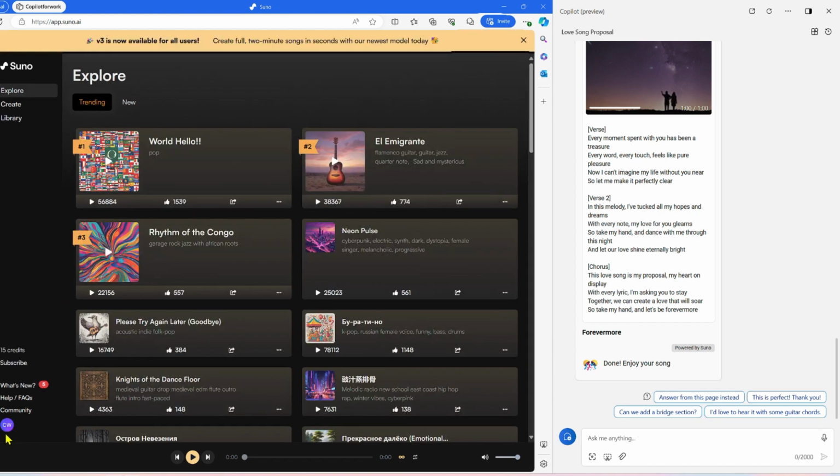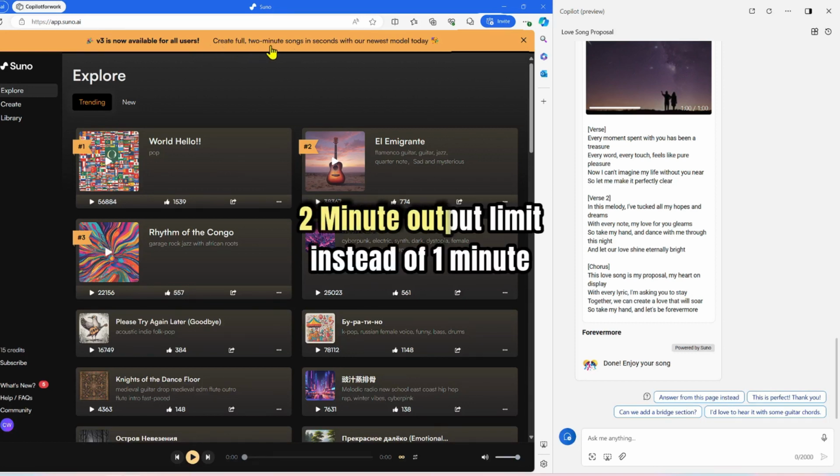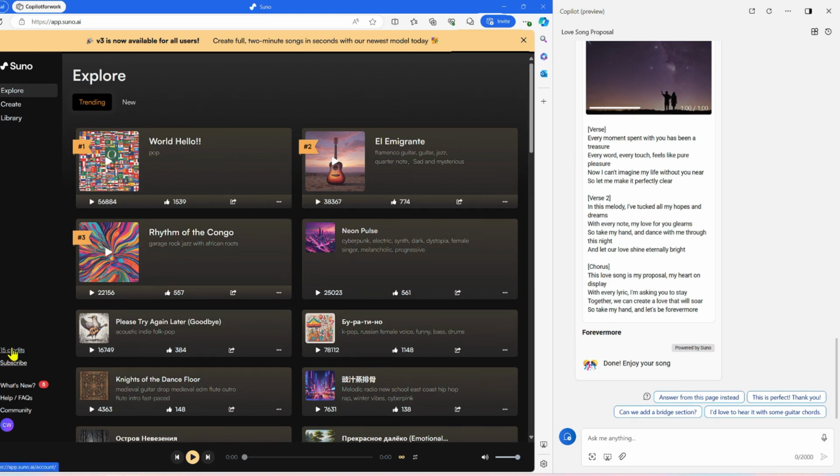And this actually requires an account. So if you're using it in the Copilot, it's able to actually integrate directly into the API. But if you're using it at the Suno.ai website, you're going to actually need to create an account. Now over here in Suno.ai, they do have a V3 available, and this allows 2-minute songs instead of the 1-minute song limit that you have in Copilot. Okay, you require credits to actually generate the songs,